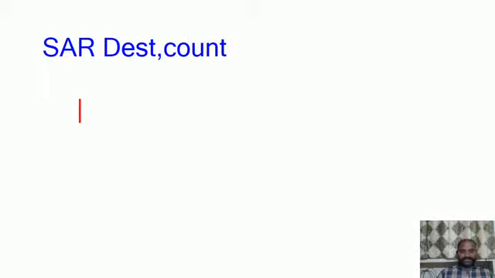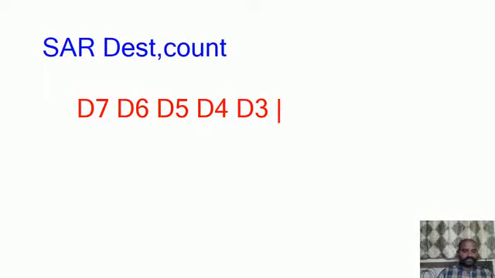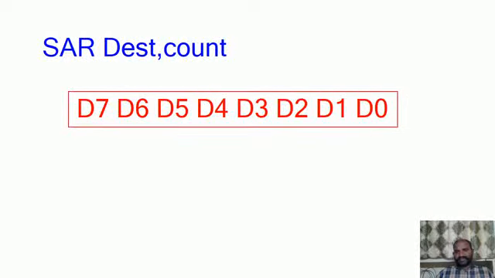So I'm just taking D7, D6, D5, D4, D3, D2, D1, D0. This is what we are having. It is an 8-bit bit combination. The same thing is applicable to a 16-bit number also, as we know that this is the LSB and this is the MSB.